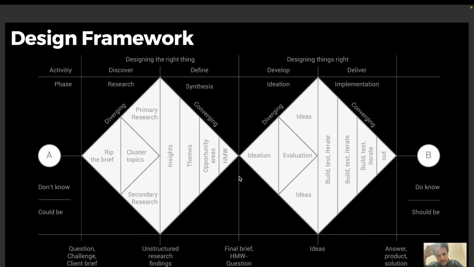So as you can see here, you're looking at designing the right thing. We need to figure out: are we trying to solve the right problem or not? That's ideally the focus in this area. So it all starts with the discover phase. During the discover phase, we do the research work, and during this stage we try to understand, let's say you're working for a company,